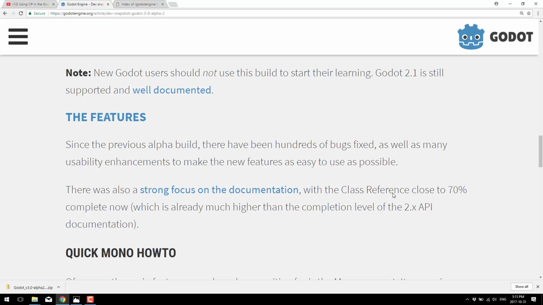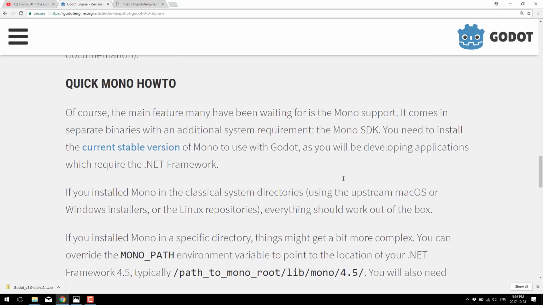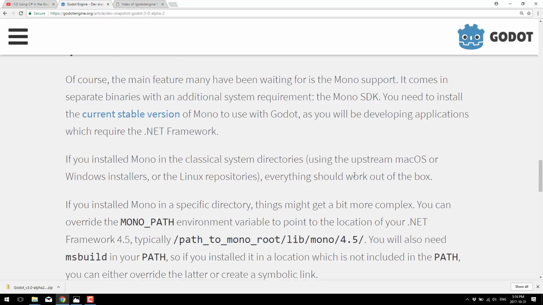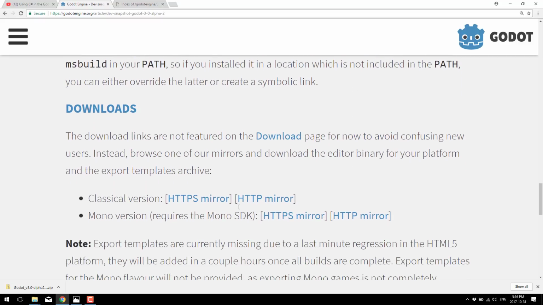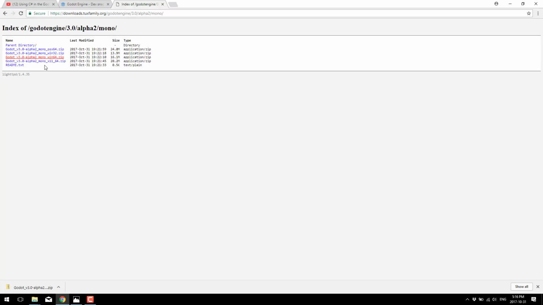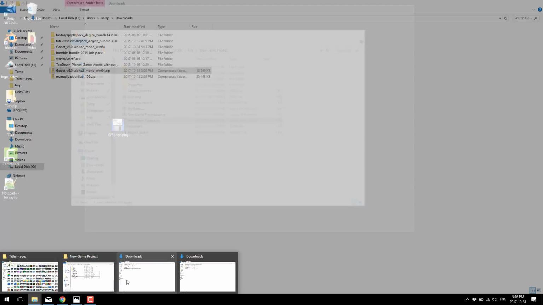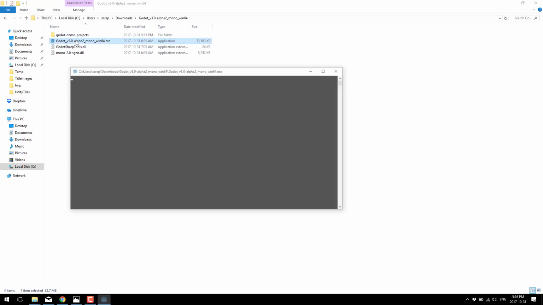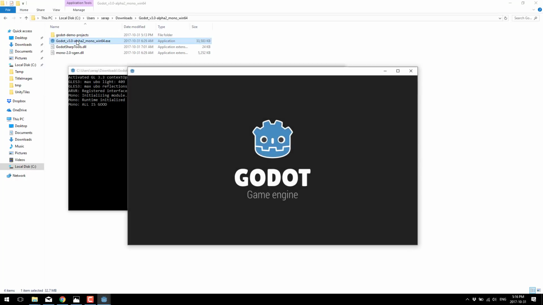But if you're interested in seeing what the future holds, well, this is the first release that officially has C# support built in. If you want to grab it, first off, if you're going to be using C#, you need to have mono installed. Again, if you followed through yesterday's tutorial, you have mono installed, but do be sure that you've installed mono before you continue. And now you've got a choice between the classical version or the mono version. I'm going to assume at this point in time you're interested in C#. In that case, go on through, grab the appropriate zip file, download that sucker, like so, extract it out into the corresponding folder, and ta-da, welcome to the Godot 3.0